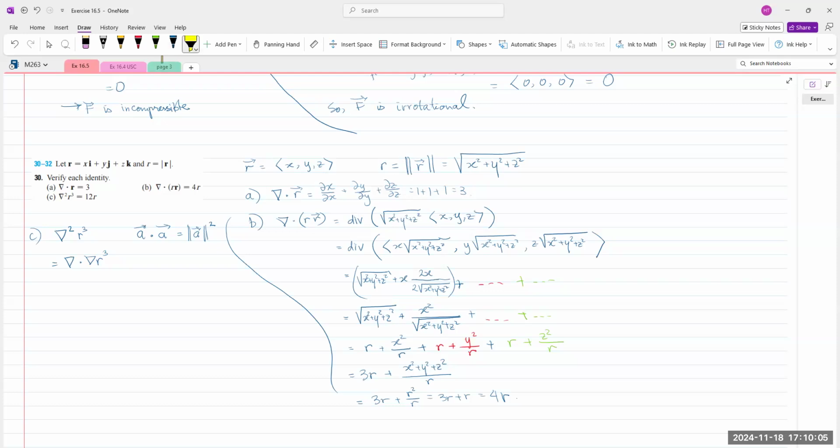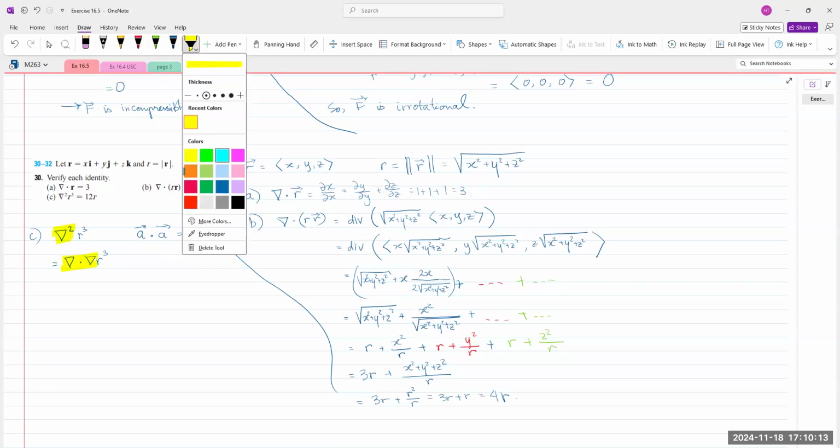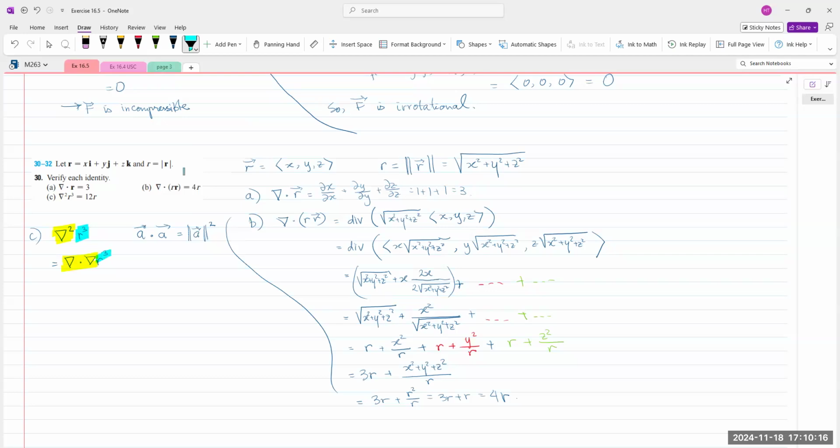I'm referring to this guy here. We see it this way. If you have a scalar function coming after that. Now what does it mean? It means I need to find, let's express that r cubed first. r cubed is x squared plus y squared plus z squared to the power of 3/2. Now, the gradient of that will be